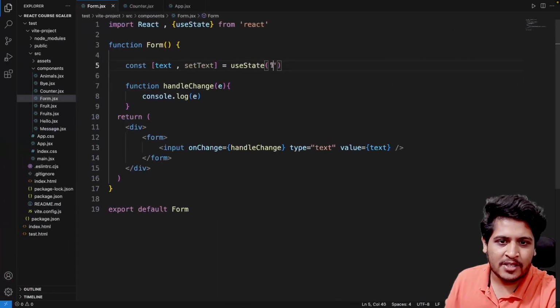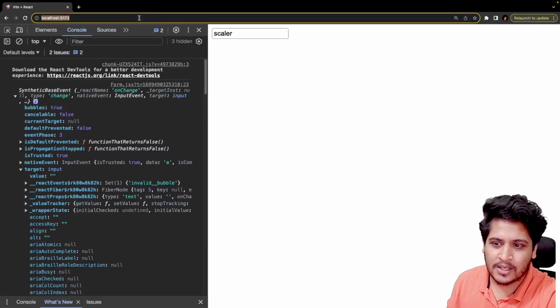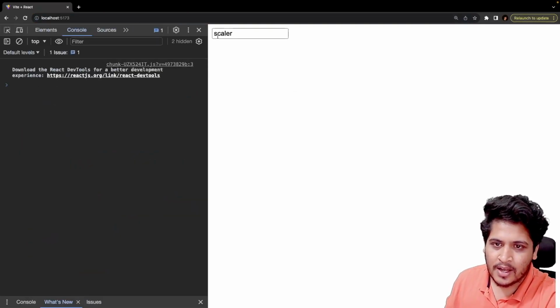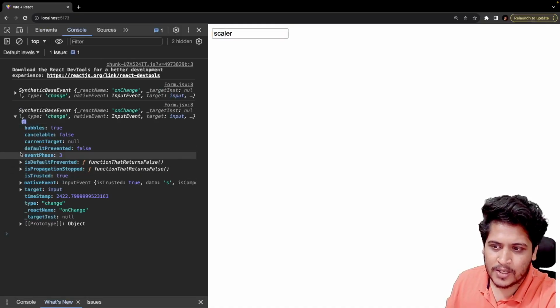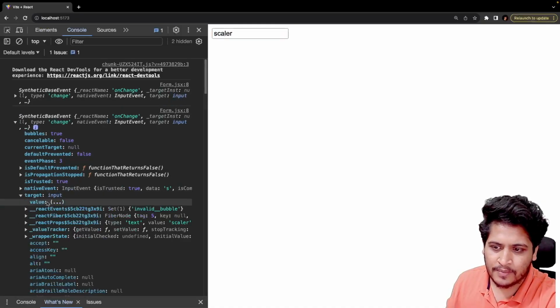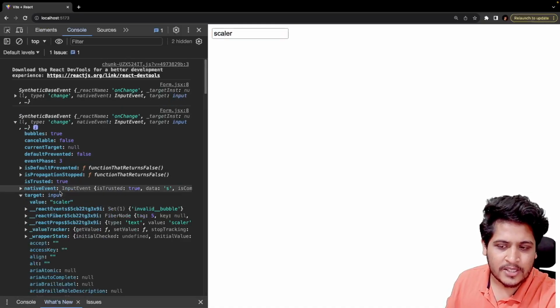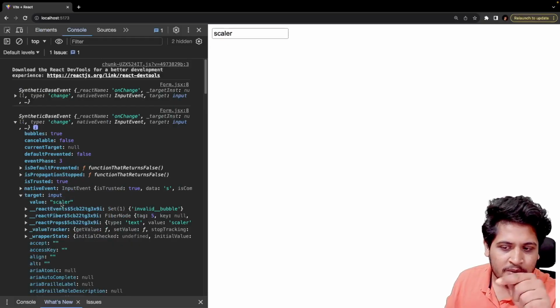If I change this to something else, let's change this to scalar, now your value will become scalar. Let's refresh this. And if I now type something over here, you see synthetic events, and if I go to this target input, this is scalar right now. So this is basically a default value. We need to make changes to this value so that it will reflect in our state,